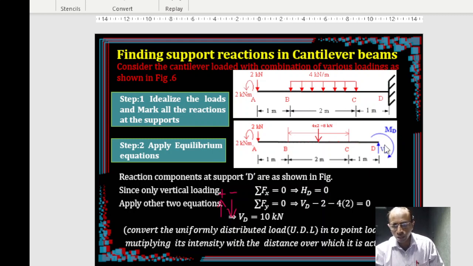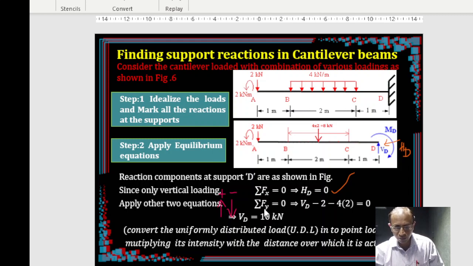Out of 3, one is invalid, right? In the sense it is 0, you don't have to write HD. As I mentioned just now, unless there are horizontal loads acting on the beam, or even inclined loads acting on the beam, there is no meaning of HD, right? So you can put HD 0 straight away, and apply the other two equations, that is Fy equal to